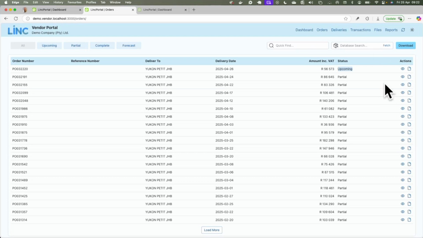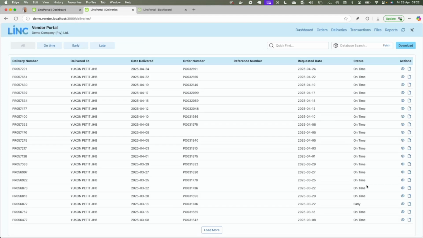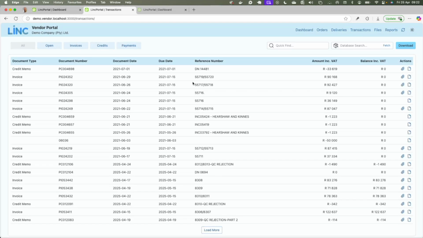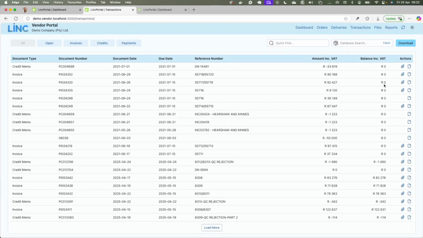With the same search capabilities, view capabilities, etc. And then if we look at something like the deliveries, this is what was on time, early, etc. Also with the ability to download the GRN or to view the delivery. Transactions is the same. In this case, it's the vendor ledger entries. Again, they can download any attachments you've attached to a specific delivery for them using the normal document attachments in Business Central, and they can print the delivery note or the invoice or the credit memo.